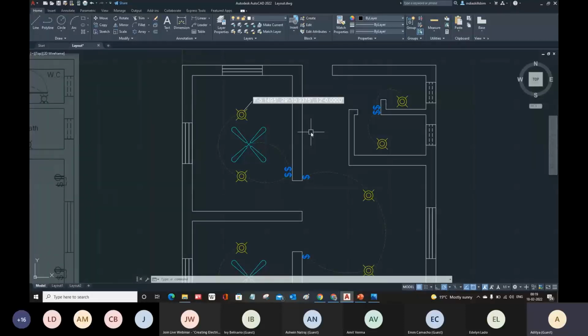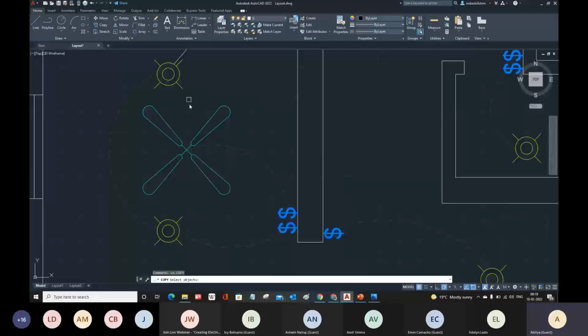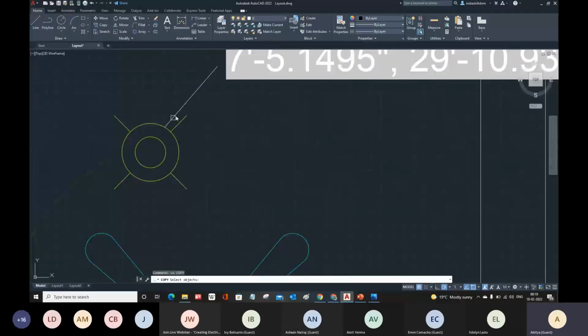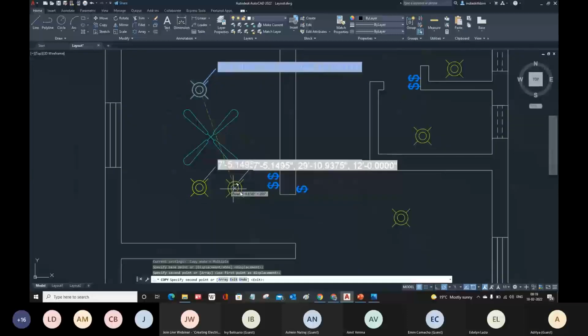And now I want to place this item for other blocks, for other bulbs. I want to specify the coordinate. Then simply use the copy command, select it, and then copy from here and just place here. See, right now the items are